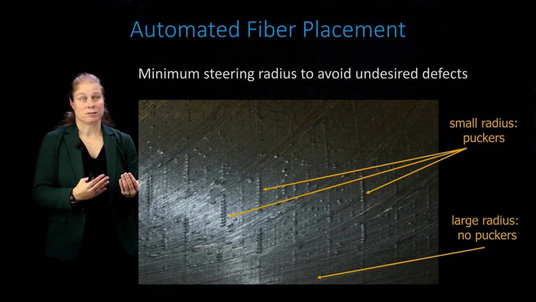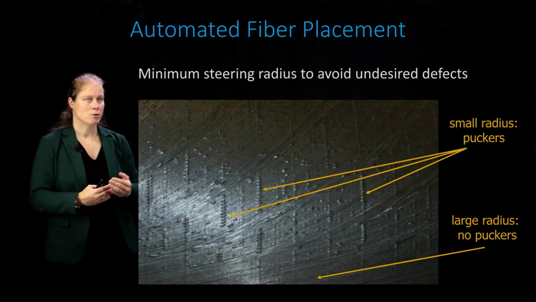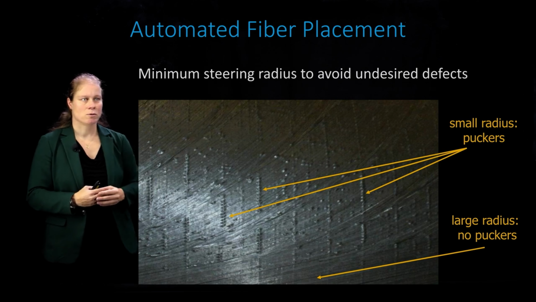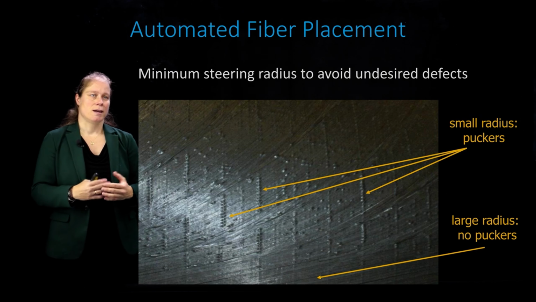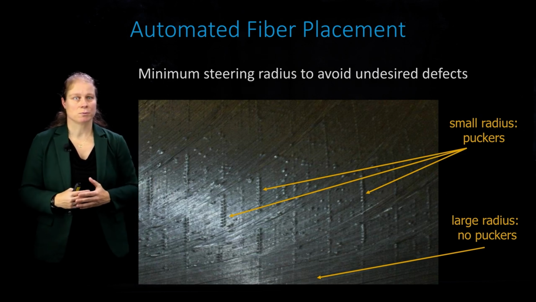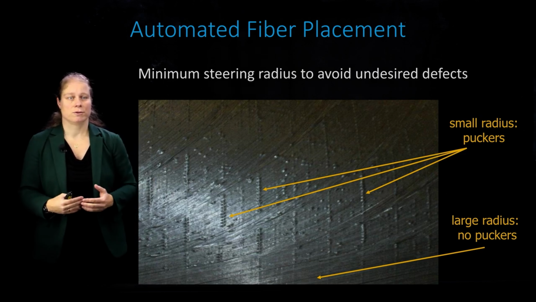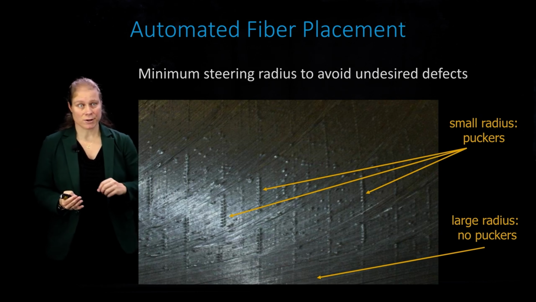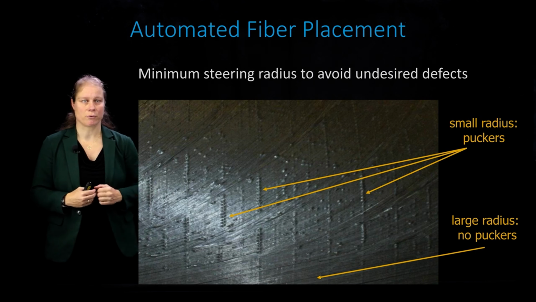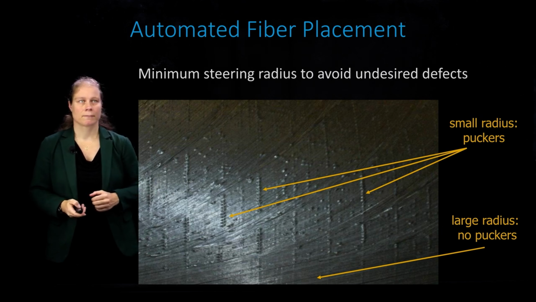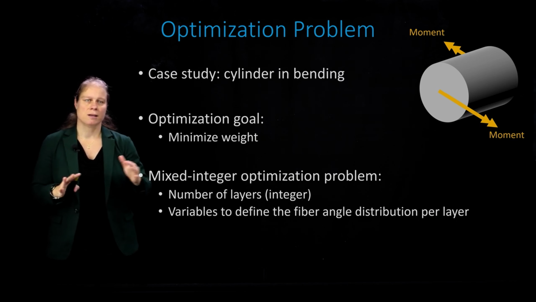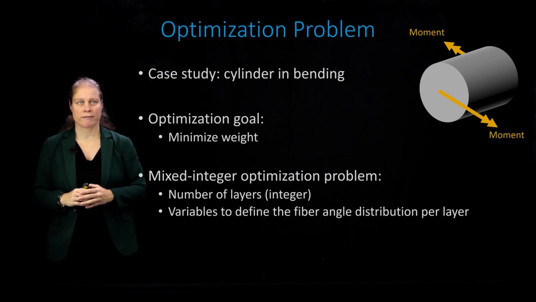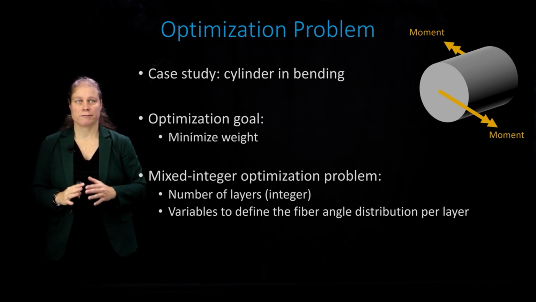That's a limitation. If you go too tight, you might encounter these small puckers, like little buckles on the inside of the radius, and that's something that's not desirable in terms of quality. So therefore, when you design, you want to make sure that this steering radius is above the minimum threshold for your material and your tape width. So that's really the introduction of composite materials and the limitation that we have on the manufacturability of these advanced